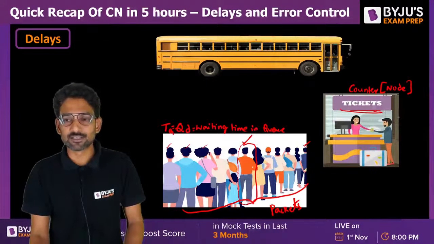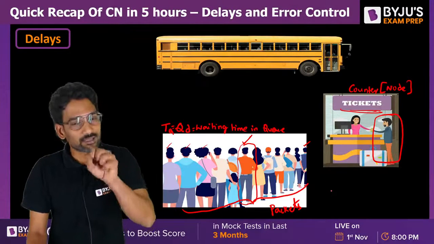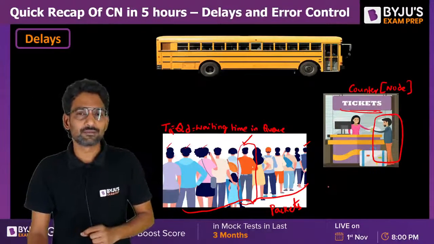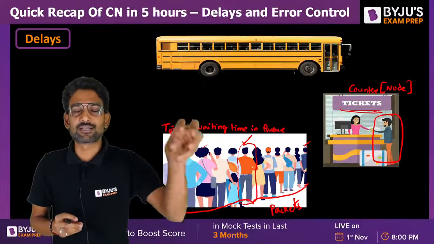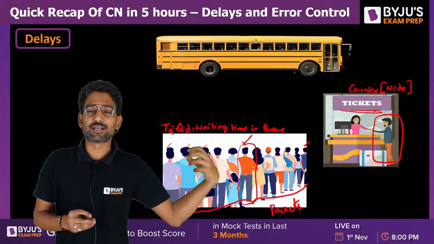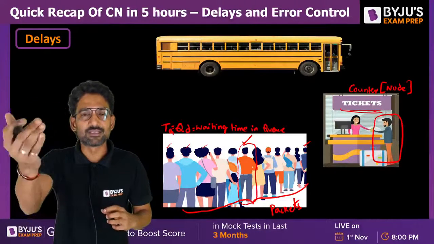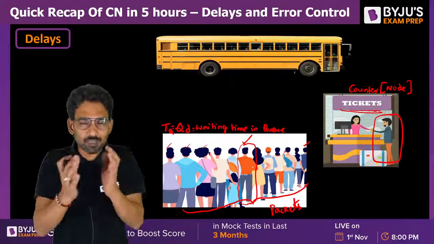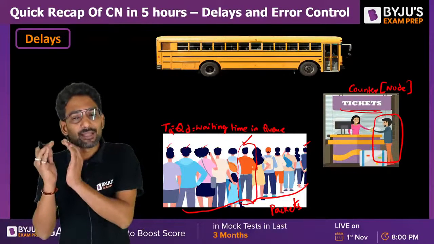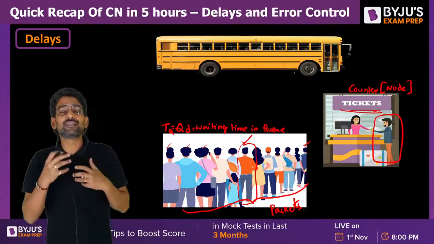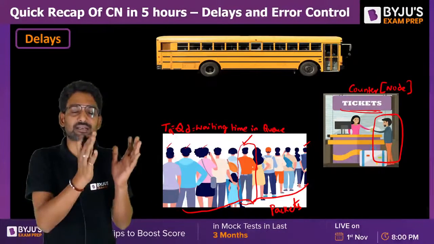Now the person, the packet, reached the ticket counter. At the ticket counter, you spend a certain time: you will give your money, you will give your preferences. I want that seat, this seat, front row, last row, middle row, or window seat, aisle seat, and you will collect the change. They will see the availability, they will print the ticket. There is a little processing at the counter, right? In the same way, the node takes some time for calculating the header, trailer, appending them, making the packet ready for transmission.